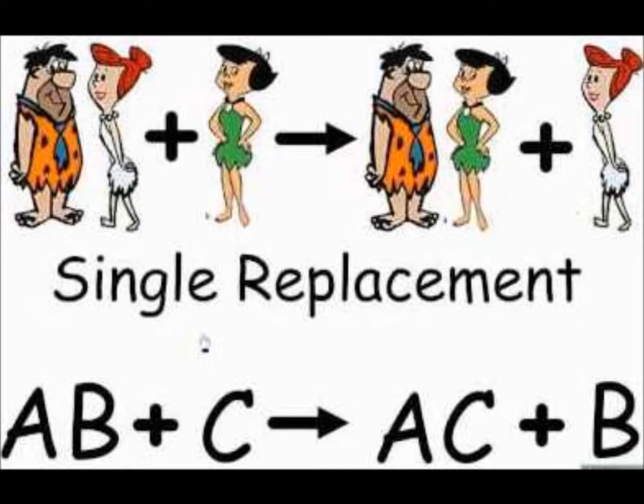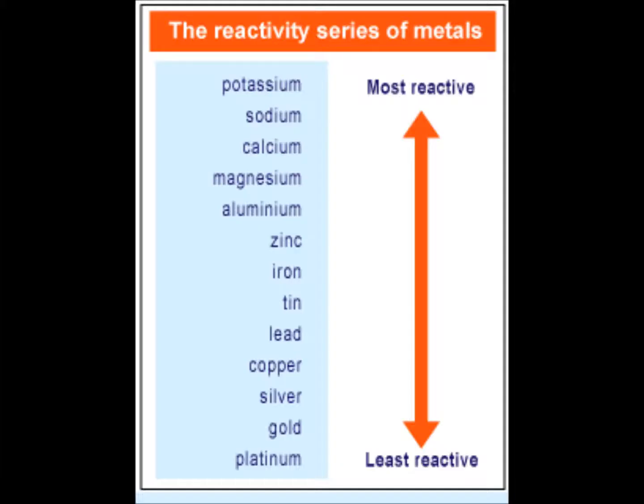This is just like a single replacement reaction in that Fred and Wilma are the compound that is present, and Betty is the single species that's present. What happens is Betty obviously has a greater reactivity than Wilma did, and so she's going to knock Wilma out of her spot and replace her, hence the name single replacement. Some terms I used there that were very important were reactivity. So we're going to make sure that we take a look at the reactivity series,